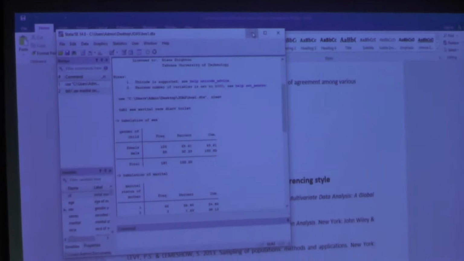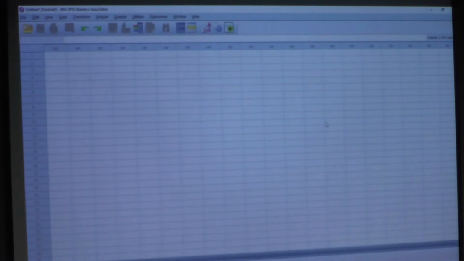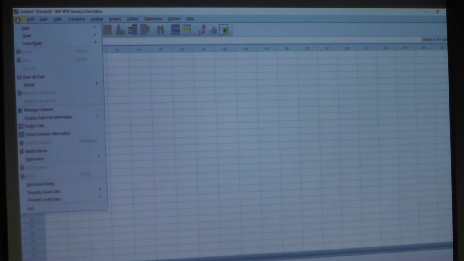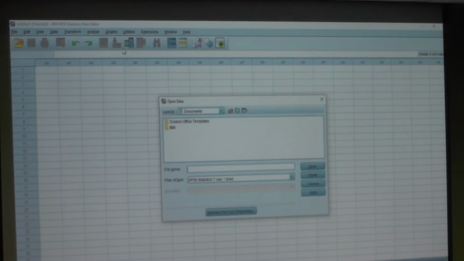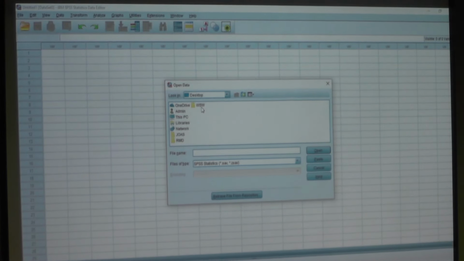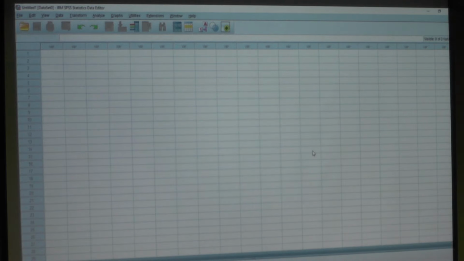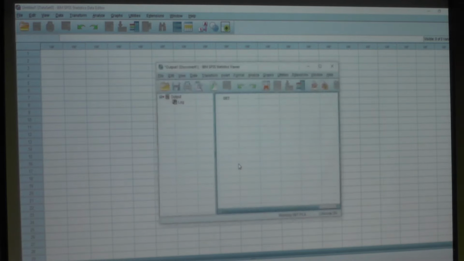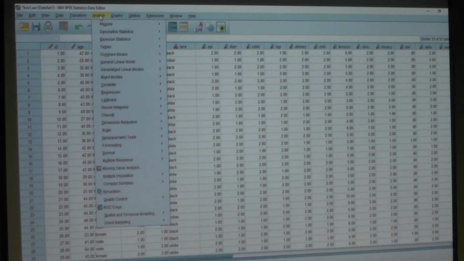I believe I have opened up SPSS, is that right? It was, yeah, there you go. Okay, so file, open. Now let's open up this data set. If you go to the desktop, there is a folder, and now here it is, both one, here. Okay, here is my data set, and now to get your results, you just have to go to Analyze, and